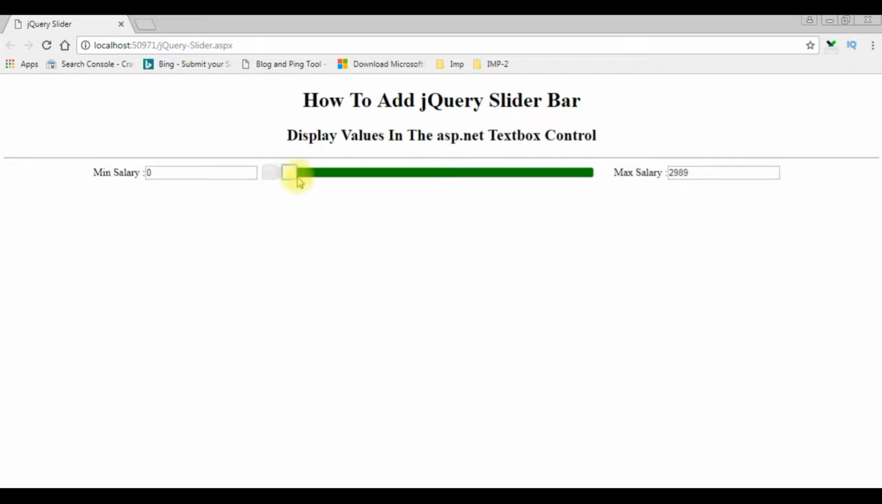When I move the slider, notice the maximum salary is increasing up to 50,000, which is the limit I have set for the maximum salary. The minimum salary,